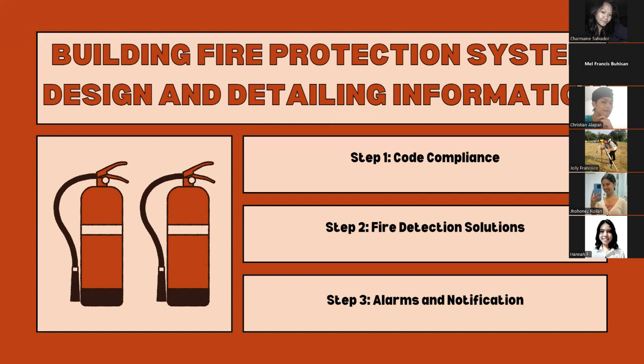Step number one is code compliance. Code compliance is the first objective in any design. Codes are legal minimum requirements. What do I mean by that? In engineering, we often use the word codes in infrastructure for minimum requirements. For example, what is the minimum requirement of a door placed on the ground? From the ground, what is the minimum height of the door, or the minimum distance of the chandelier from the ceiling? Those are the minimum requirements. Those are the codes.